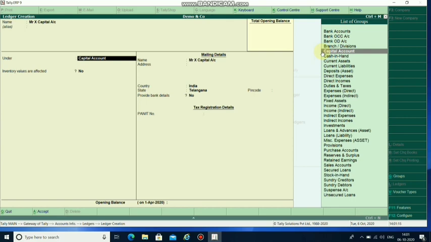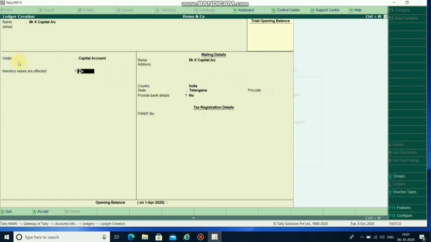Here I'll select capital account. In this video, I'm not going into detail about whether inventory values are affected, yes or no. What happens if I set it to no, and what happens if I set it to yes, we'll discuss in upcoming videos. For this topic, we will set it as usual, that is no.